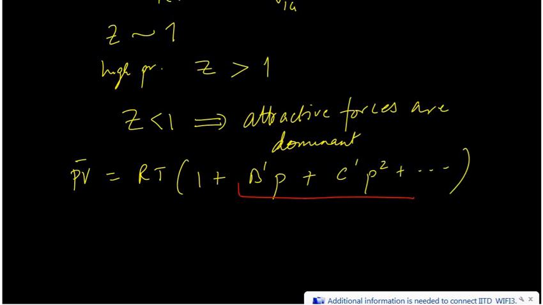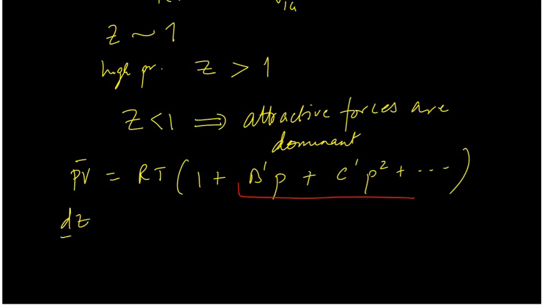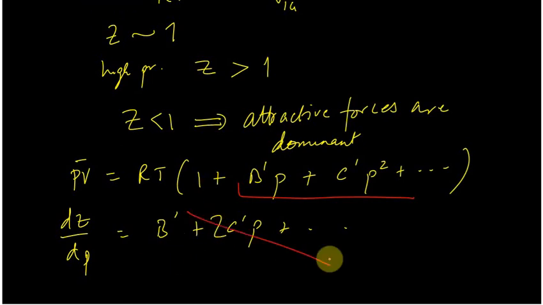Okay. So the more important thing is that not just seeing this compression factor, but the derivative of the compression factor. There's a lot of properties we'll see later that depend on the derivative of this compression factor, dZ by dP, which comes out to be B prime plus 2C prime P plus so on and so forth. And if I'm still interested in low pressures, right, what exactly is happening, then as P approaches 0, I can just cross out everything else. So dZ by dP